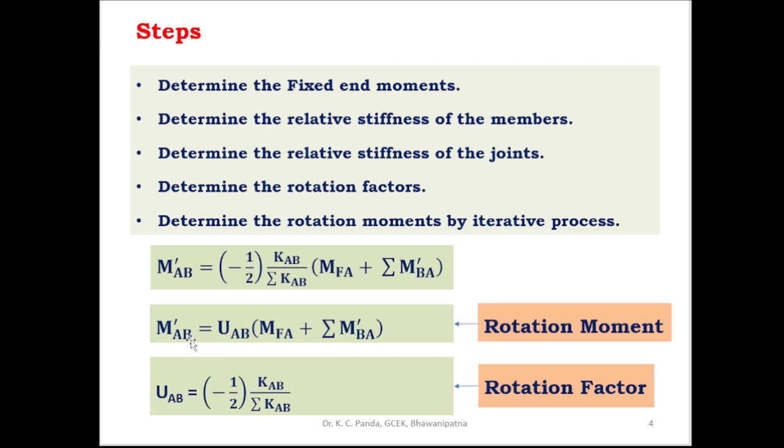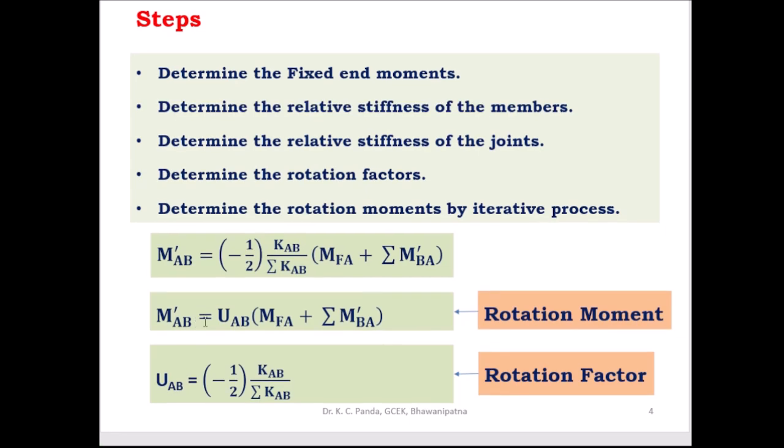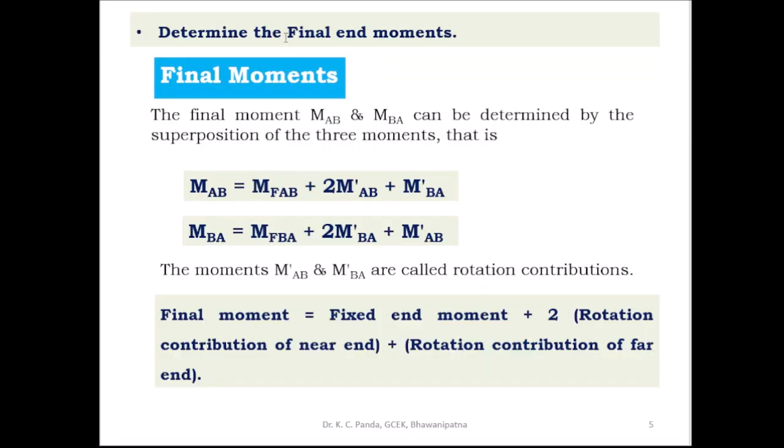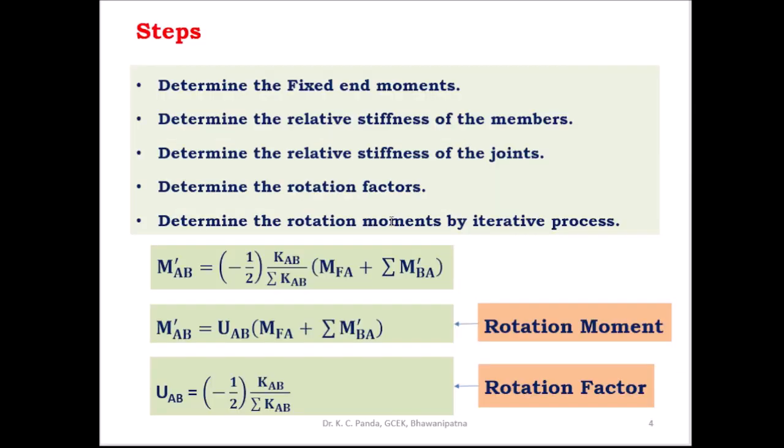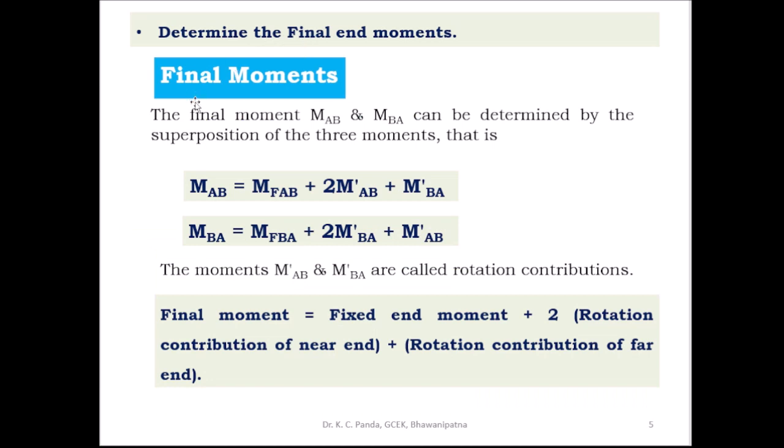Then after getting the rotation moment, you can find out the final moment. The rotation moment you can find out in an iterative process. The final moment you can find out using this formula. So MAB and MBA, this is the final moment, and you can find it out by the superposition of the three